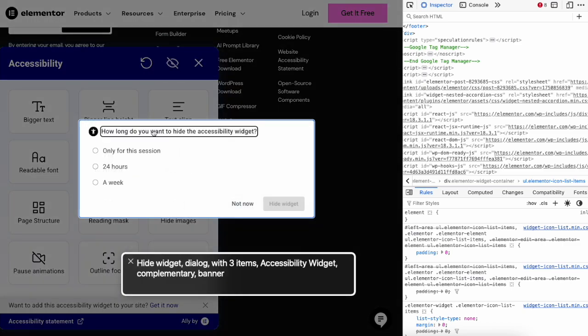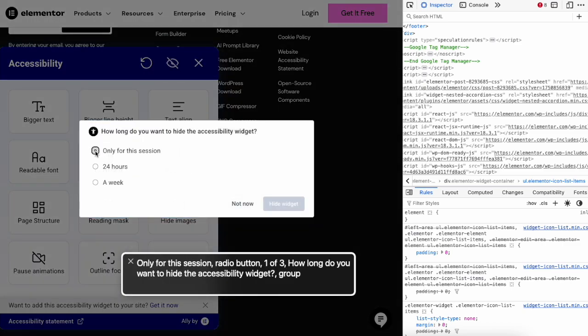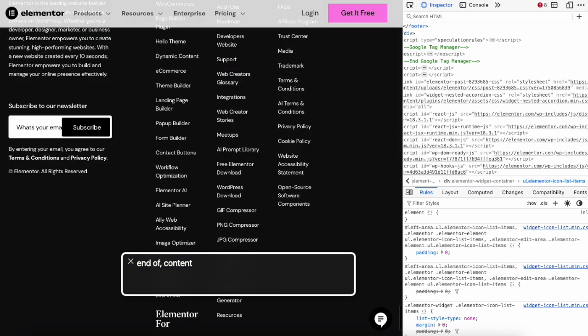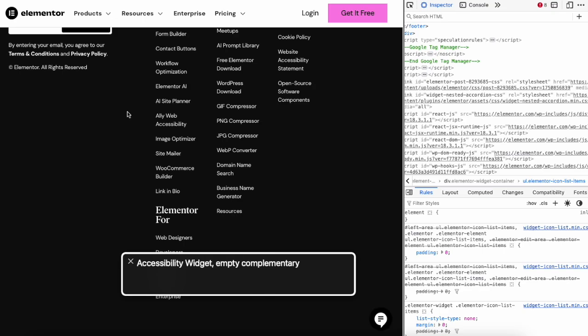When I dismiss this widget, there's no way to bring it back until the time that I've selected has passed, so if I did change my mind and want to use one of these features, it's now not available to me. And then finally, I'm taken to that last floating item that gives me the chat, which is a long way to go for support.